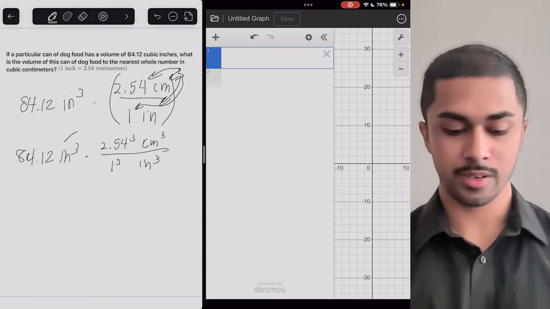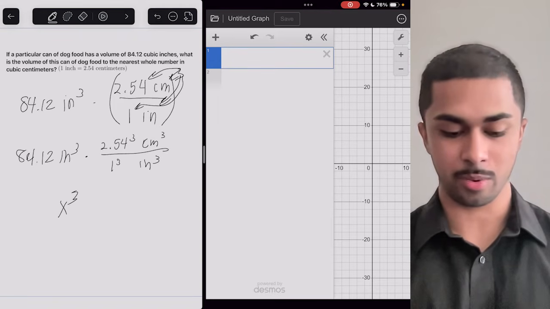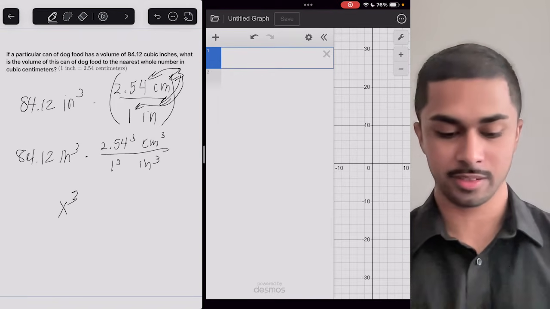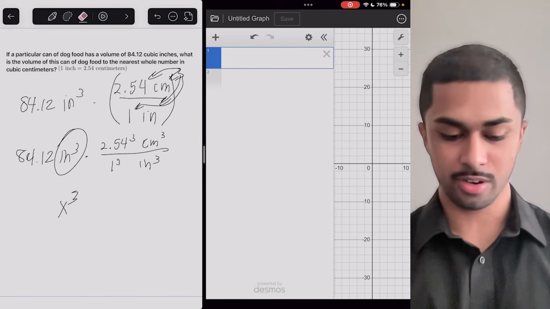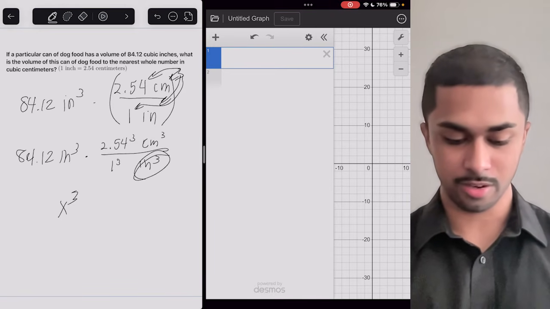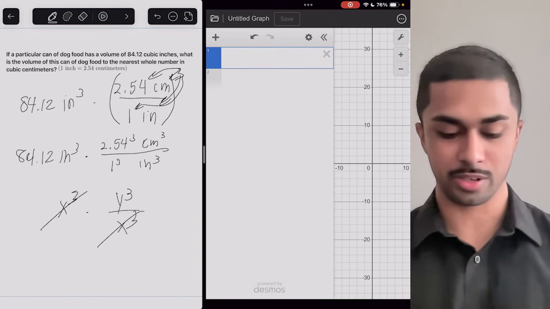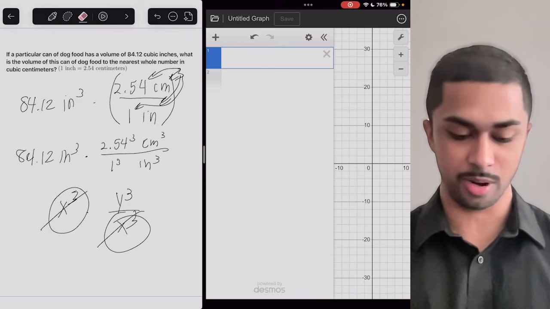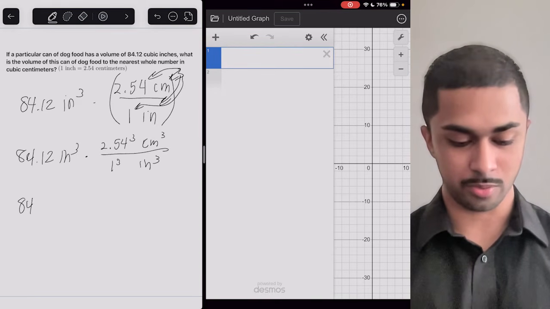Okay, perfect. Now, anytime you see units, think of it as like a variable. So if inches were x, then inches cubed is x cubed. If you see an x cubed in the numerator and also in the denominator, multiplied by, let's say, y cubed for centimeters cubed over x cubed, these two will just cancel out because there's one in the denominator and one in the numerator. So you're only left with y cubed, which is perfect because when we put all the numbers on one side,